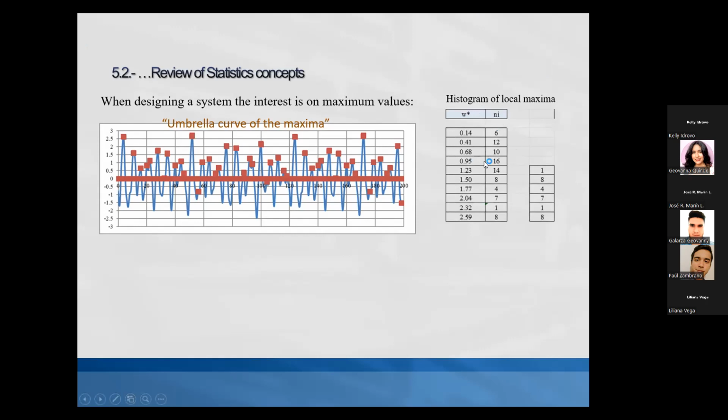So in this table, again, we are considering a group of intervals, but you can see immediately that each one of these classes is only positive. Why? Because we are considering only local maxima. So this variable is only positive. Again, we take each one of these and try to determine in which of these intervals it is located. Okay, so we have that in the interval of 0.95 as the class, we have the largest number of